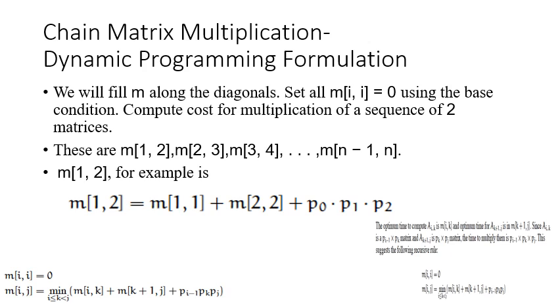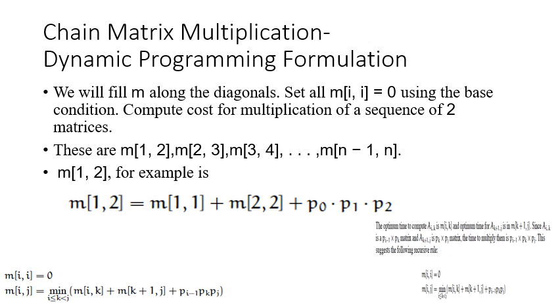Here, what can be the possible values of k, like we are multiplying matrix 1 with matrix 2? So we have only one possible value of k, that is 1. I told you earlier that k can be equal to i, but it should always be less than j. So in this case we have i equals 1 and j equals 2. So the value of k could be equal to 1.